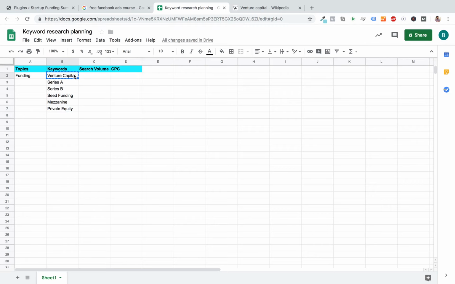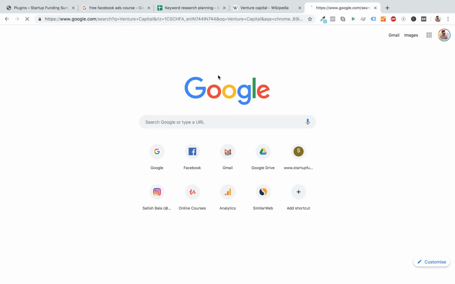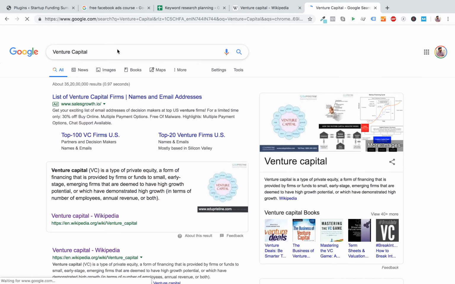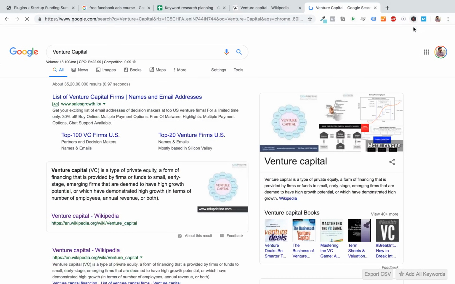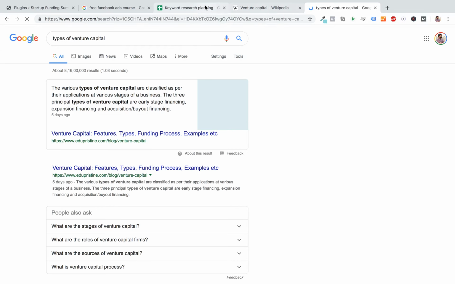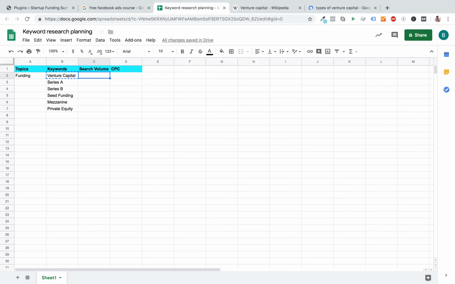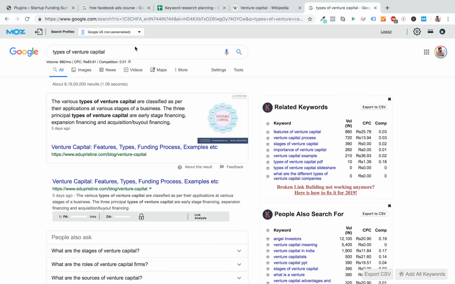And if I want to get to know the search volume of these things, it's very simple. I just put this here, and because I already have this Google keyword tool installed, it'll show me the search results for this particular thing. It's about 35,000 results. Okay, I think it's not enabled. Yeah, so it's 18,100 searches and 22.29 is the competition. So just simply enter that here, 400, 22.29.